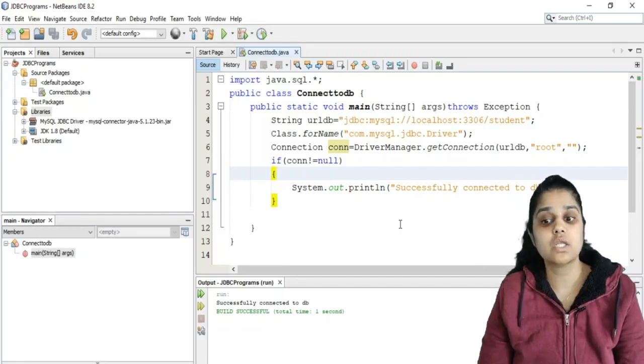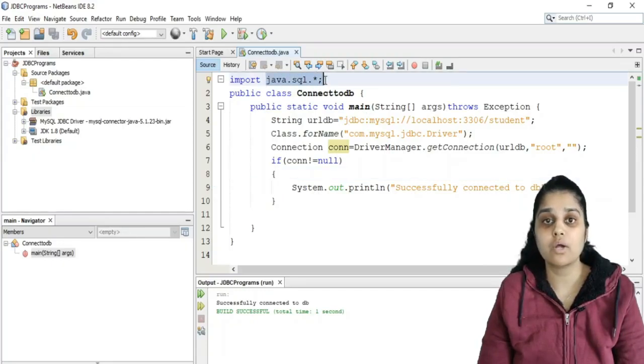We are successfully connected to the database. So I'm repeating all the steps again. I'm first importing my java.sql package so that I can use the Connection interface and the DriverManager class. In order to use these, I'm importing the SQL package.